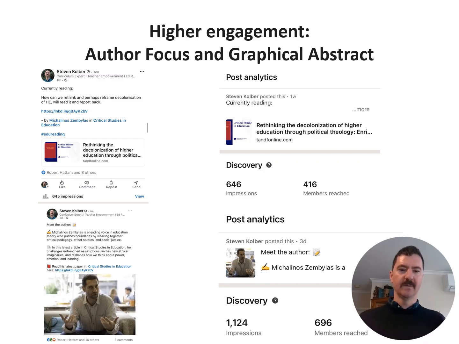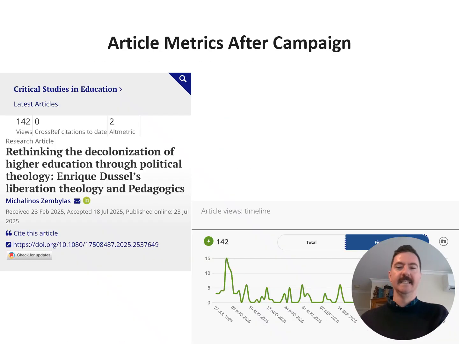Typically in social media studies, the image is really important, so not having an image really hurts. But I would have thought that the graphical abstract did something, but it clearly didn't do much. After the fact, I think we jumped from 121 or 122 to 142, so maybe 20 views, which in my opinion is not great. But you can see, perhaps my head's in the way with the video down here, a significant little jump in views after the initial "I've published an article" moment. So not a great impact, to be honest.